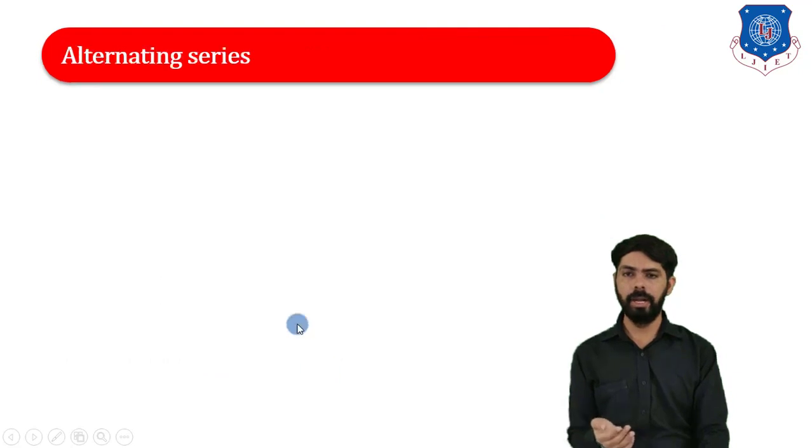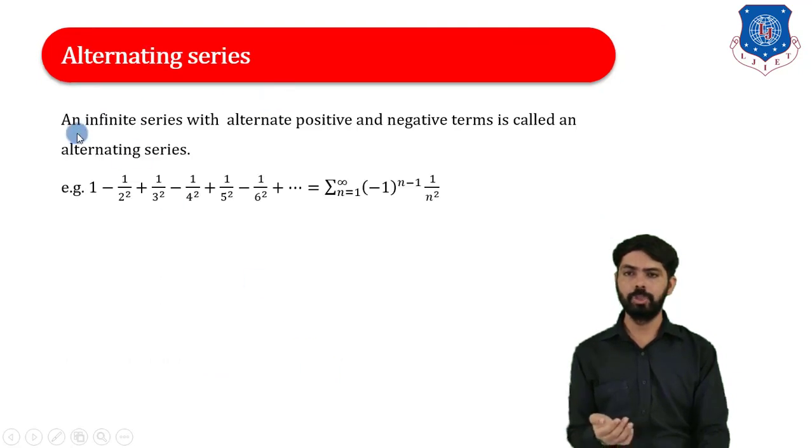Now we will discuss alternating series. So an infinite series with alternate positive and negative terms is called an alternating series. For example, 1 minus 1 divided by 2 square plus 1 divided by 3 square minus 1 divided by 4 square plus 1 divided by 5 square minus 1 divided by 6 square plus so on. That is equal to sigma n equal to 1 to infinite (minus 1) raised to n minus 1 into 1